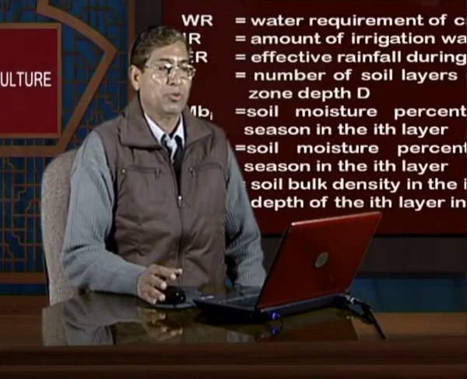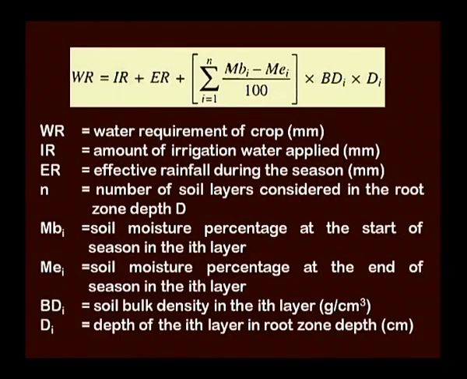WR is equal to IR plus ER plus summation of (MBi minus MEi) upon 100 multiplied by BDi multiplied by Di, where WR is water requirement of crop in millimeter, IR is amount of irrigation water applied in millimeter, ER is effective rainfall during the season in millimeter,